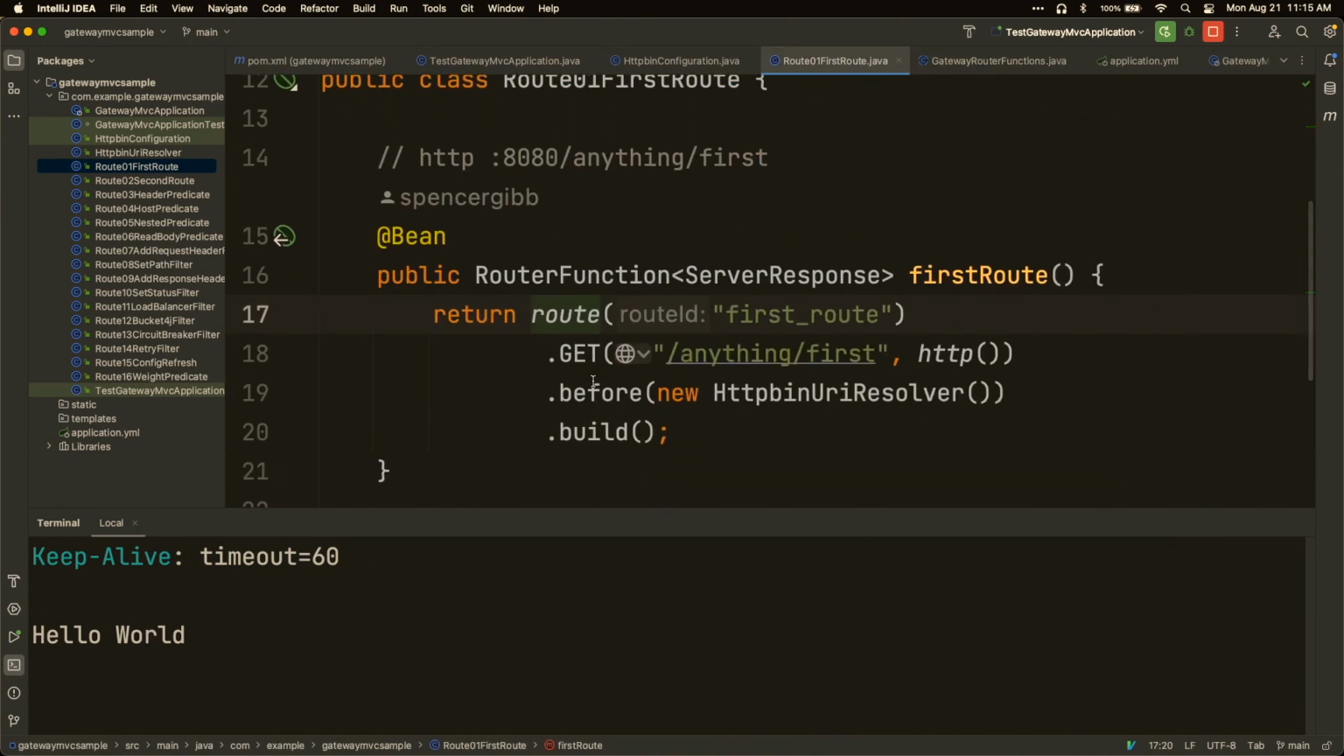But it's the same DSL, right? The same DSL that is in router functions. So we create our first route. It's a get with this path. So then you'll notice here, rather than a local